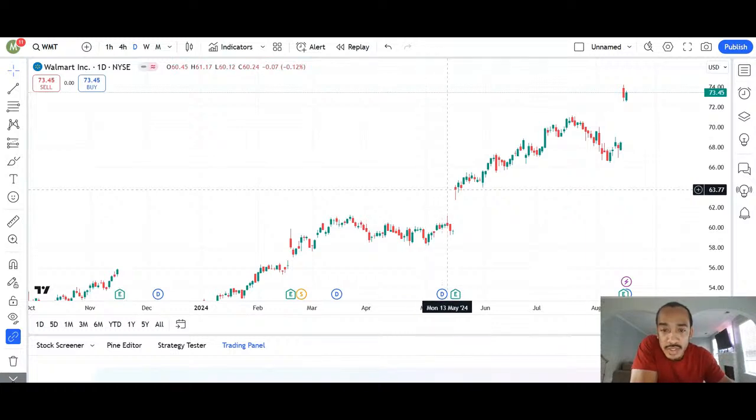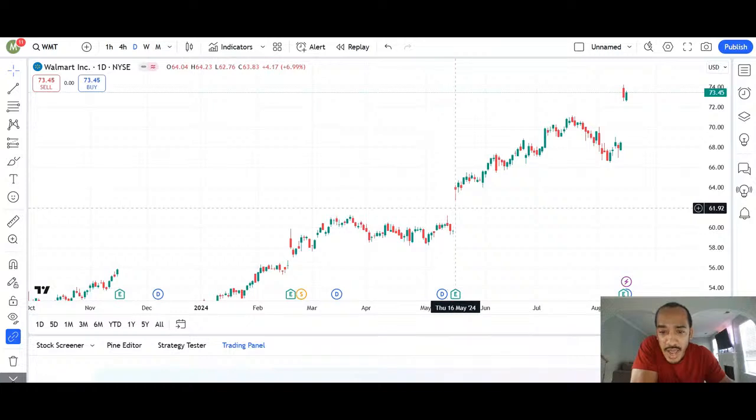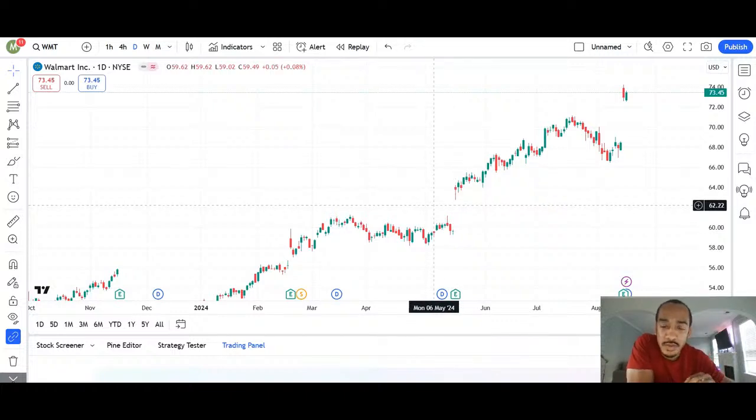So looking over to this candle right here, and I hope y'all can really see it. The first candle after earnings on May the 16th, right? That is a hammer candle. A hammer candle in most cases is a reversal candle. So if you want to swing trade the hammer candle, it's really a good idea to catch it at the bottom of a downtrend. So if you're catching it at the bottom of the downtrend at a level of support, the RSI is oversold, the stochastic is oversold, the smooth MACD is now turning green.